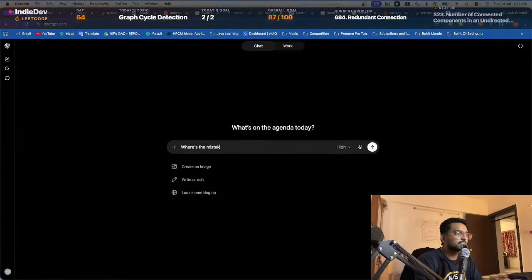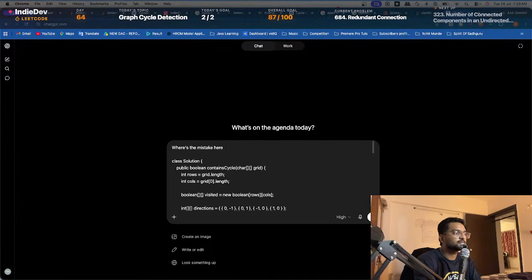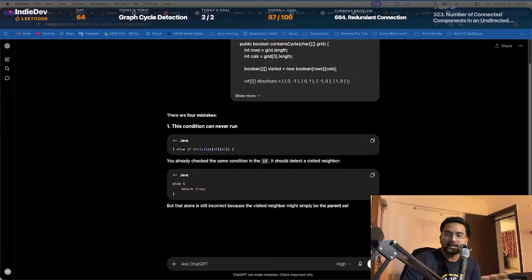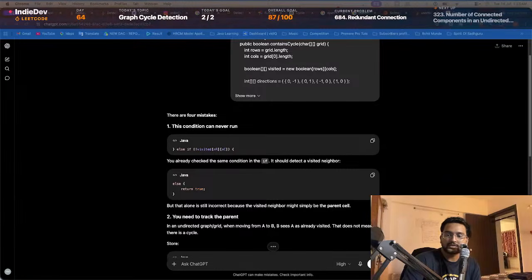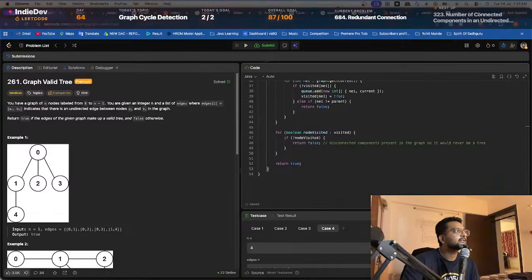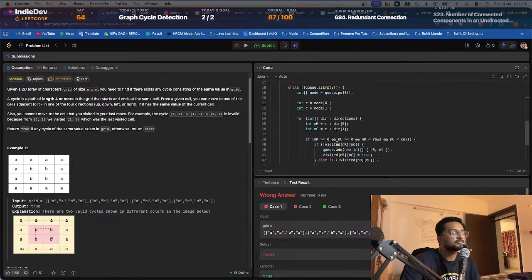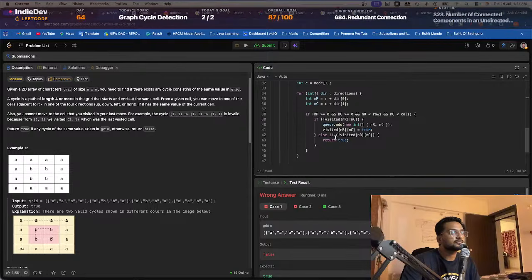Where's the mistake here? Bro, just check if NRNC is valid, and if valid visited then directly return true. सॉरी, ये गलत किया था. इफ